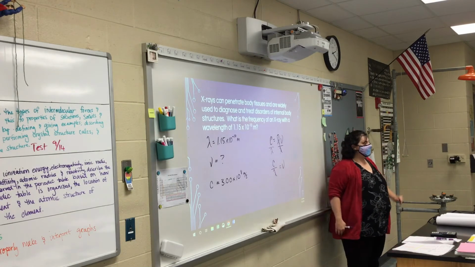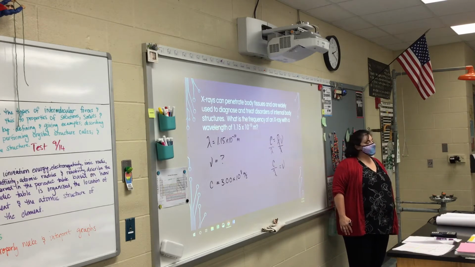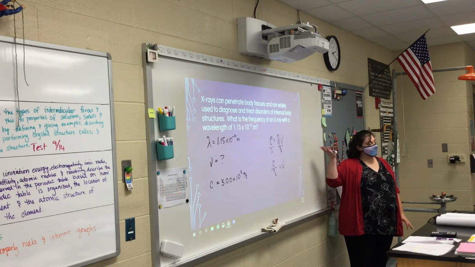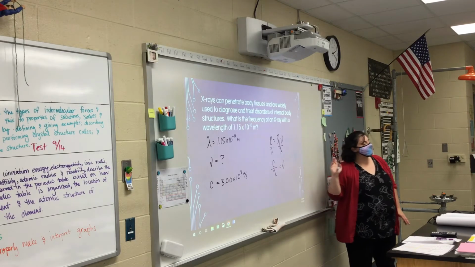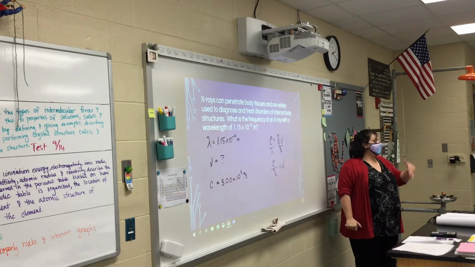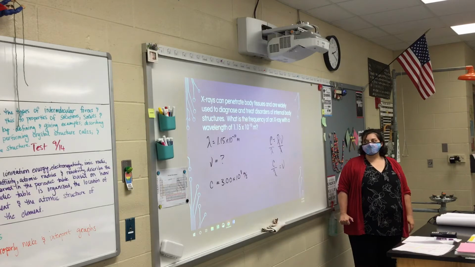We leave a 1 behind. So you just put a 1 in front of the frequency? You can, yeah. But all of those variables, there's understood to be a coefficient of 1. So whether we write it or not, it's always there. So you're just left with the 3 times 10 to the power of 8 divided by